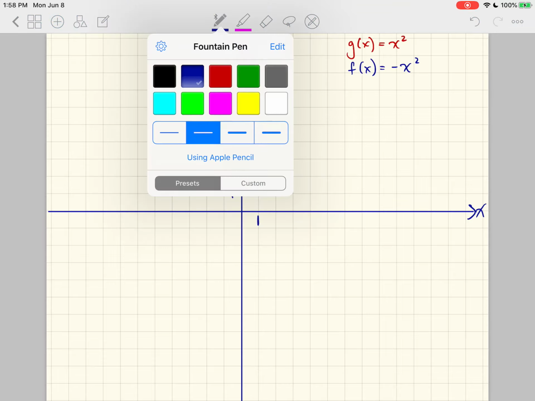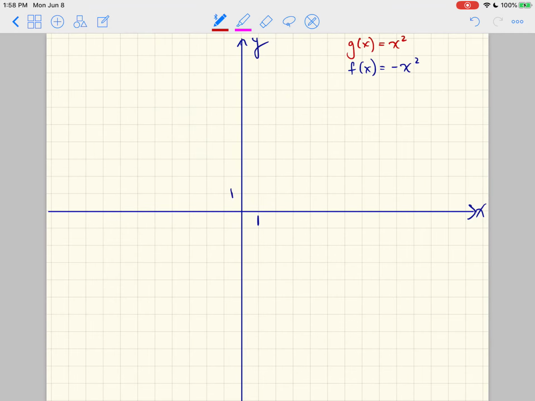Let me go through, because I want to make sure that we are very familiar with these parent function graphs. Let me go through what x squared looks like, and this is something you should memorize. It's going to make things move a lot quicker if you have it memorized. So x squared starts at (0, 0), and from there we go up 1, out 1, and that gives us our next points. Then we go up 3, out 1. Then we go up 5,